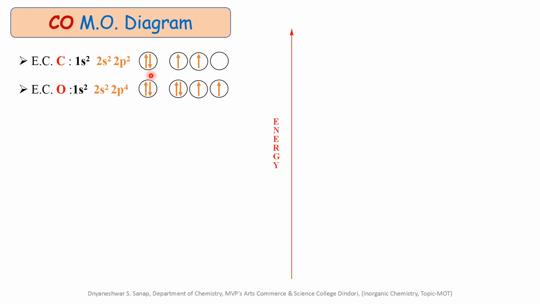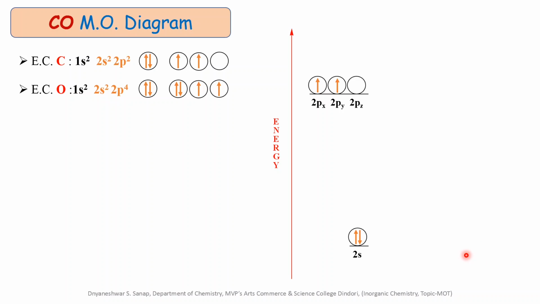First of all, we write the 2s valence shell atomic orbital of carbon at the bottom and the number of electrons in it. At the higher energy side, we write the 2p atomic orbital of carbon and the number of electrons in it. Similarly, we write the atomic orbitals of the second atom, oxygen, on the right hand side in the diagram. But while writing the valence shell atomic orbitals of oxygen, we have to keep in mind that the atomic orbitals of the same symmetry of the more electronegative atom are written at lower energy with respect to the carbon atom.